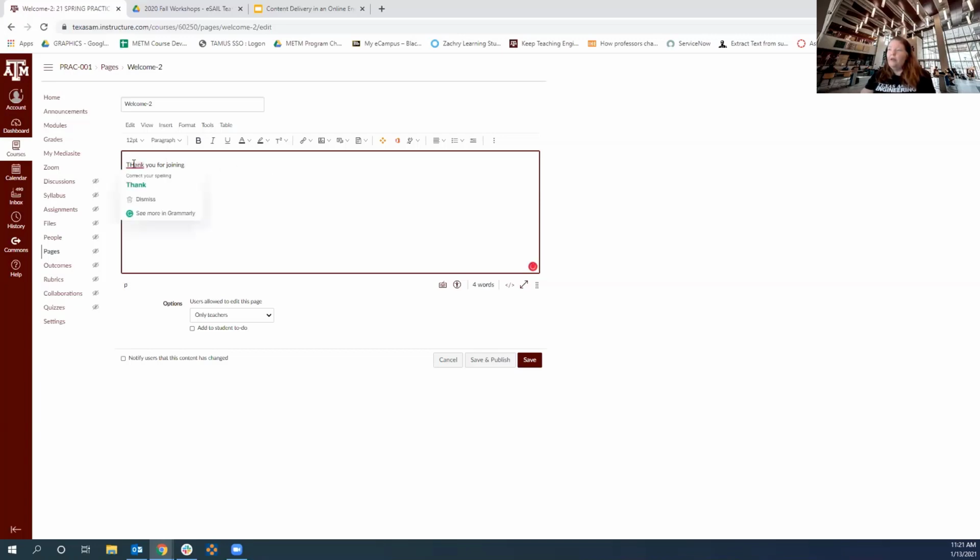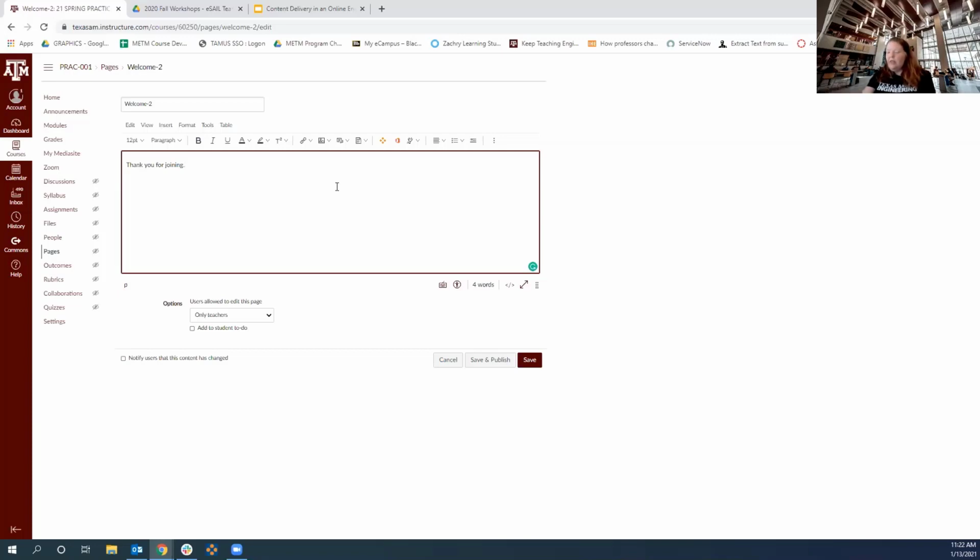One thing that we do when we're designing courses is we have a separate Google Doc or Word doc for any page you might have inside Canvas. You can plan ahead and type it up in Word. You make sure that the spelling is accurate, you edit it as much as you need to, and then you just paste it in here. So that's one helpful tip: if you have a lot of information you need to convey within the item or page area, type that up first and then just cut and paste.